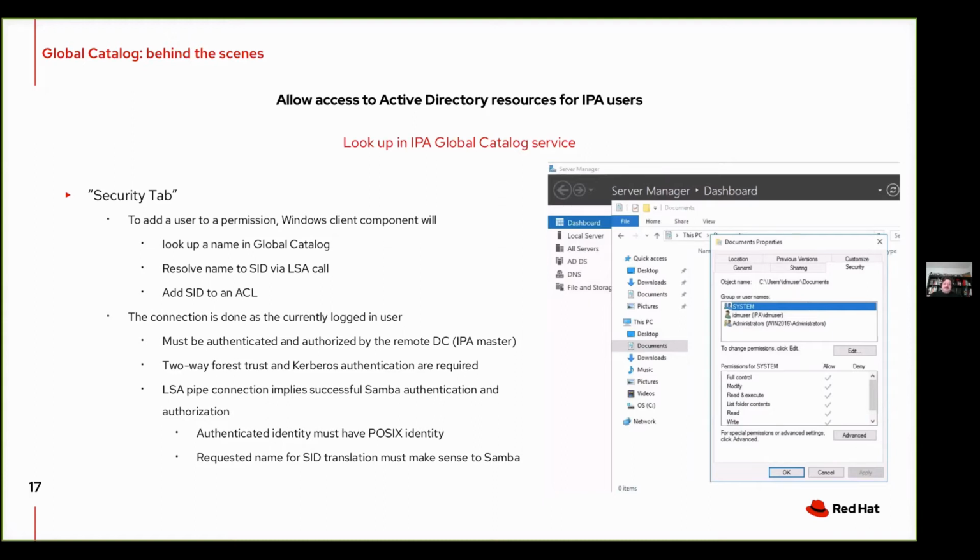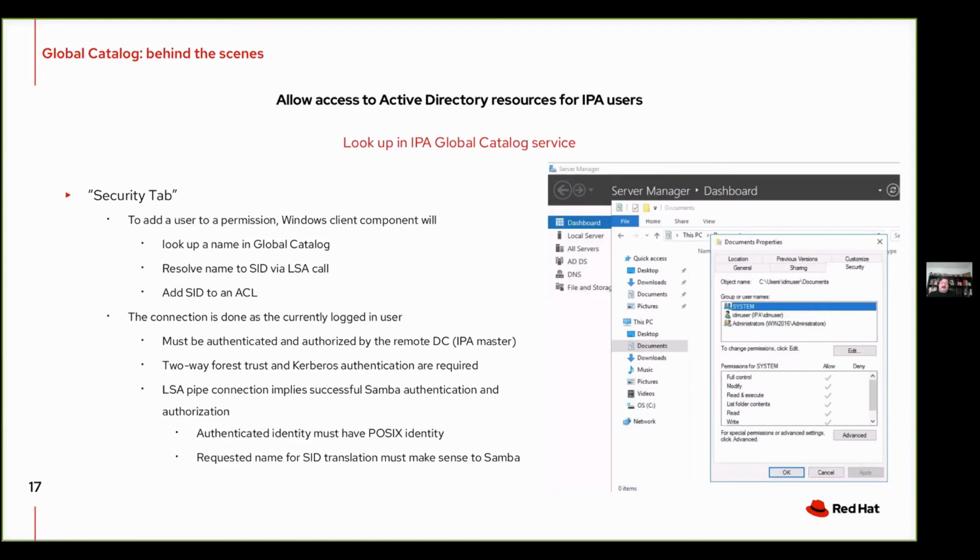So after that happened, actually before that happened, the connection to the global catalog LDAP server needed to be authenticated and authorized by the global catalog. As we say, all the connections use SASL, GSS-SPNEGO, GSSAPI, and they all map to read-only access.